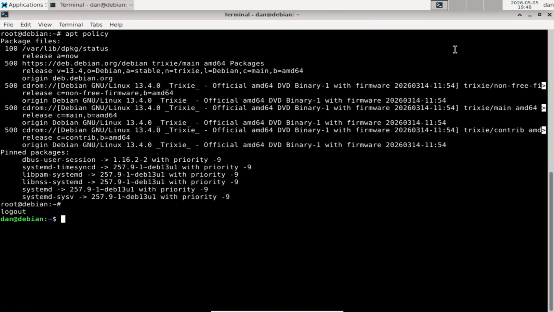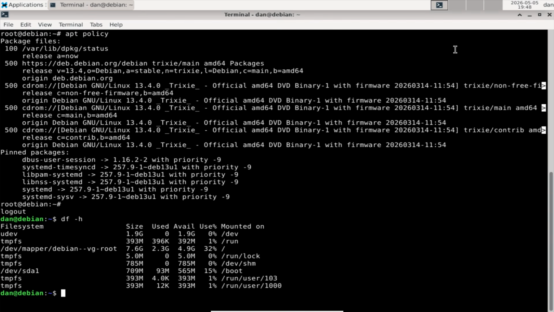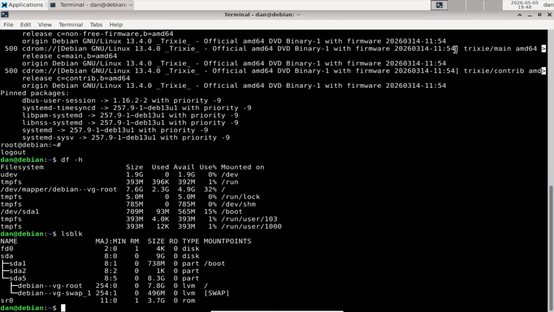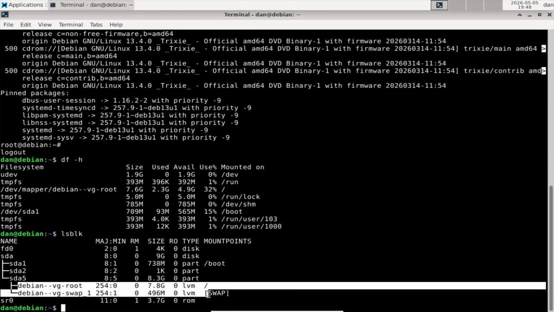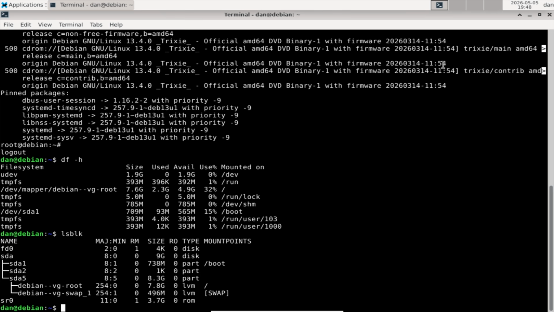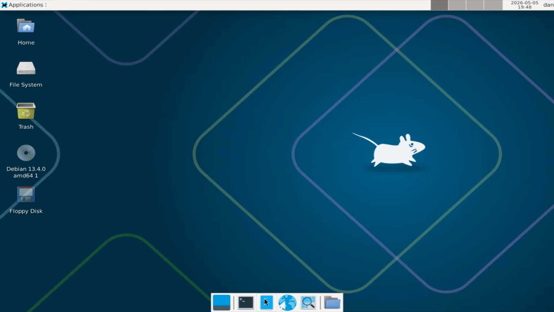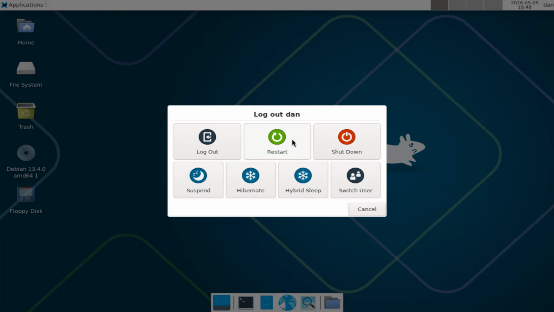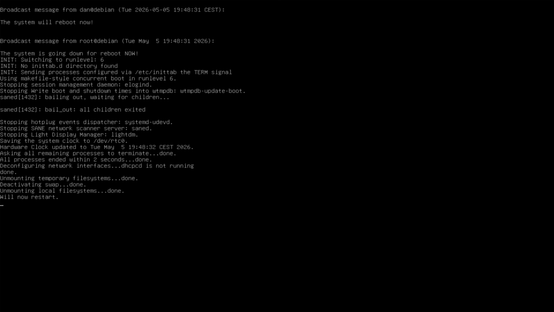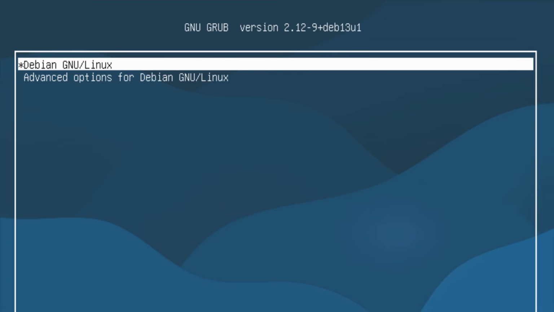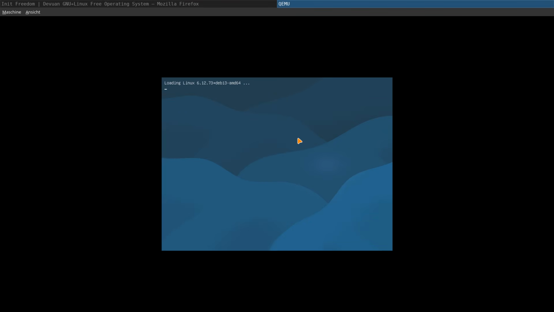So I would say here you see also the LVM members, installation with LVM, and that's it. Let's restart again just to show you at the end. We start the system, now it's finally finished. Grub bootloader,